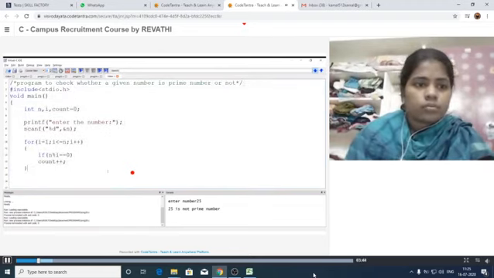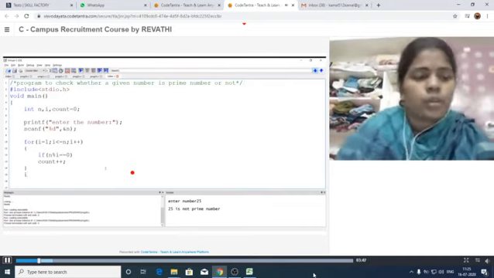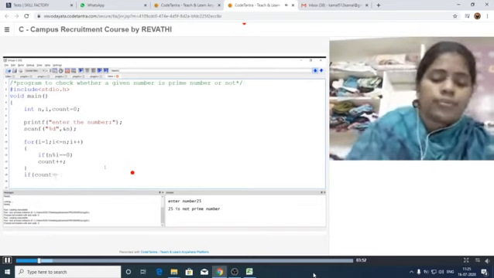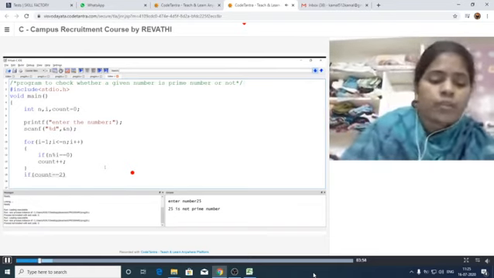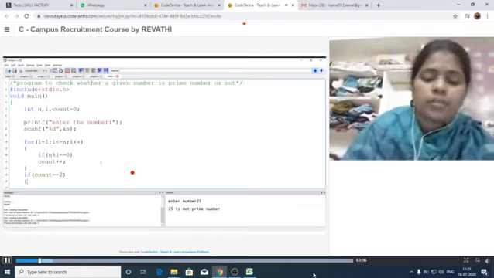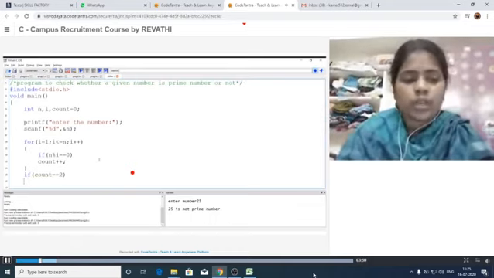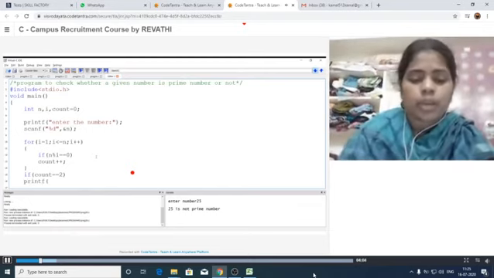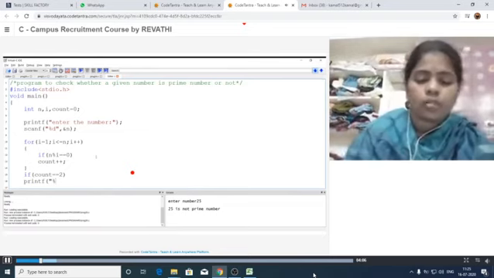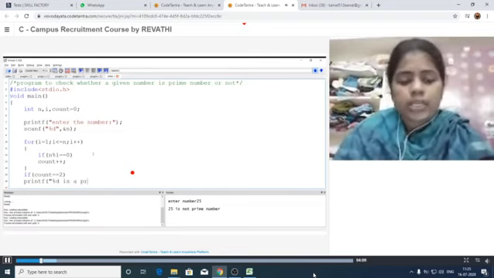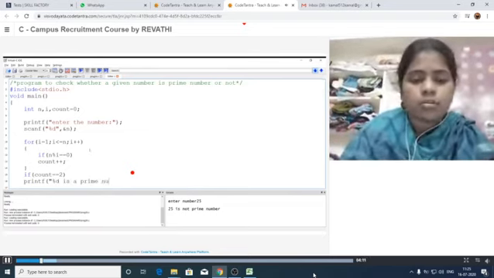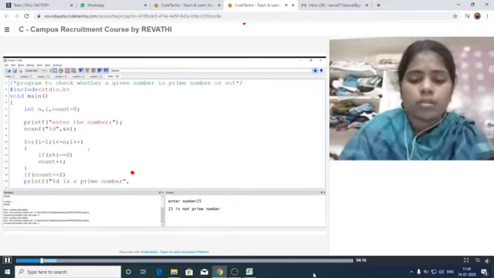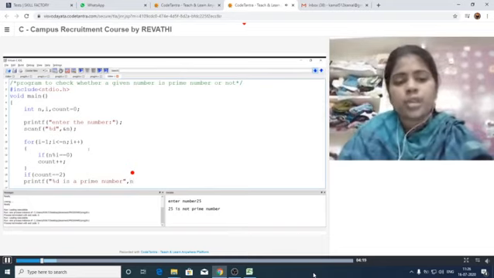Now, after this condition, here we are checking another condition. Whenever count is equal to 2, it has to print whether it is prime or not. So printf "%d is a prime number", comma, in place of this %d we call it n.